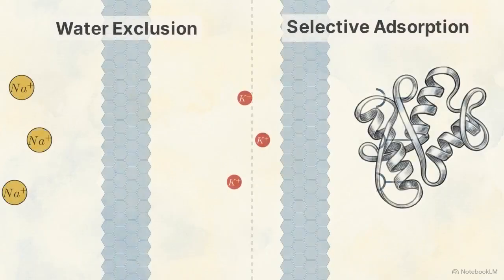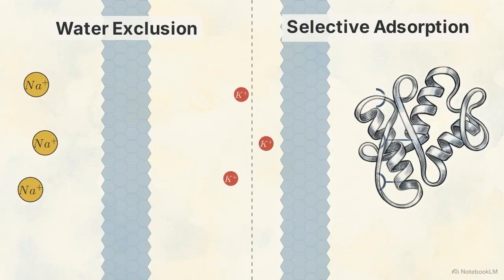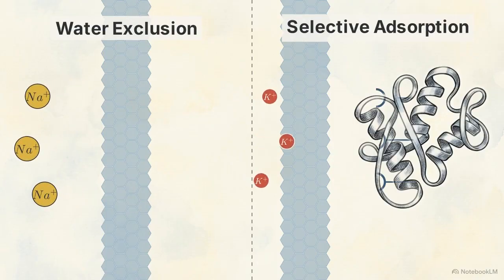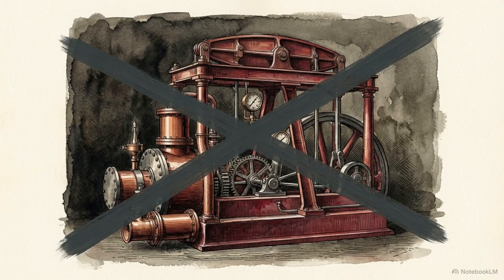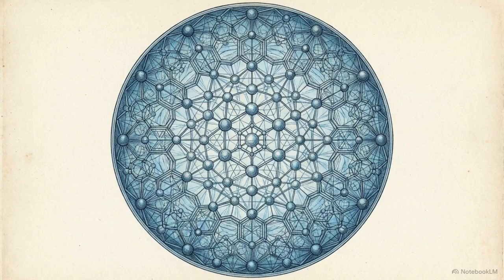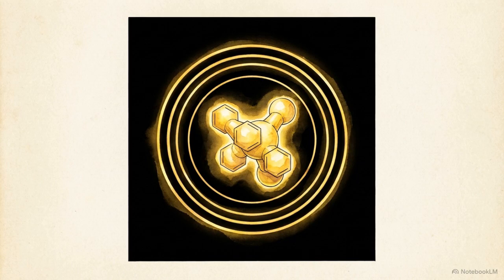Both describe cellular water as an active, structured medium. The cell maintains its steep, life-sustaining ion gradients through the physics of water exclusion and selective adsorption. The energetic drain of continuous membrane pumps is eliminated from the cellular equation. If the cell is a solid-state system that does not require ATP to fuel membrane pumps, we have to determine what purpose that energy actually serves.